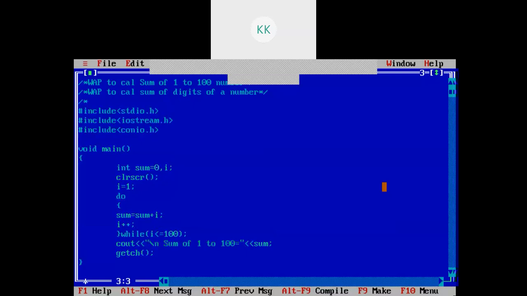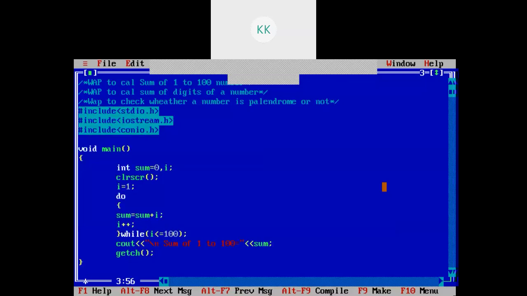Next, write a program to check whether a number is palindrome or not.